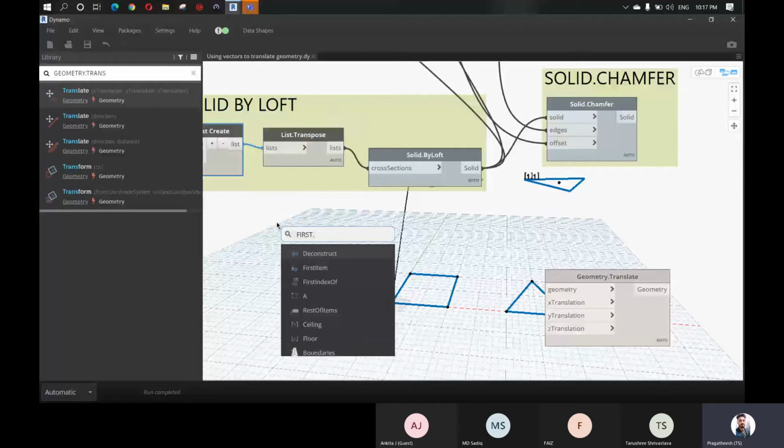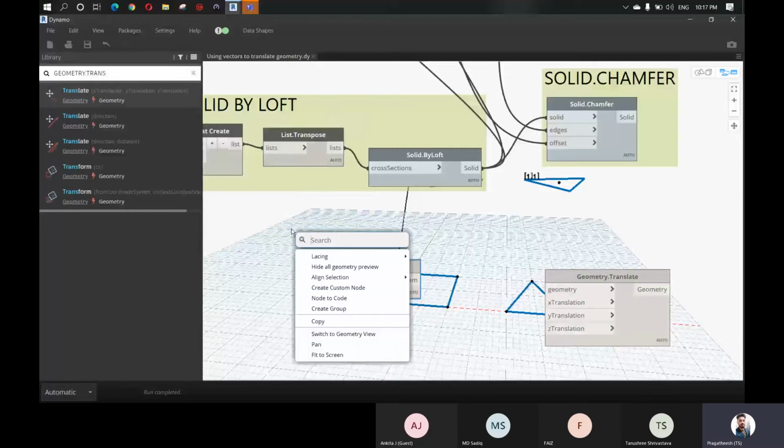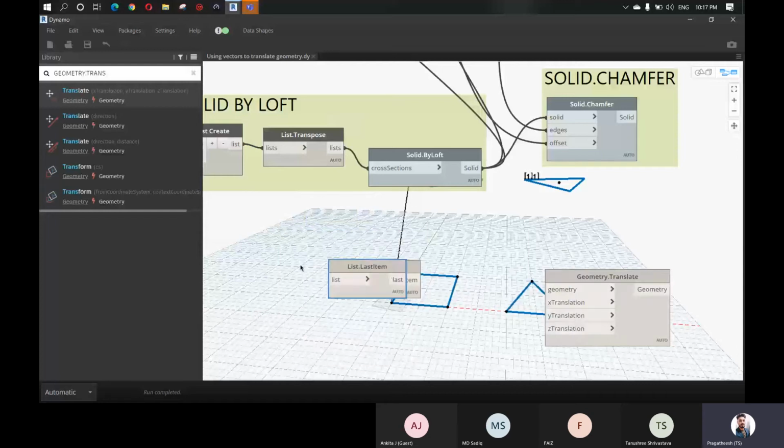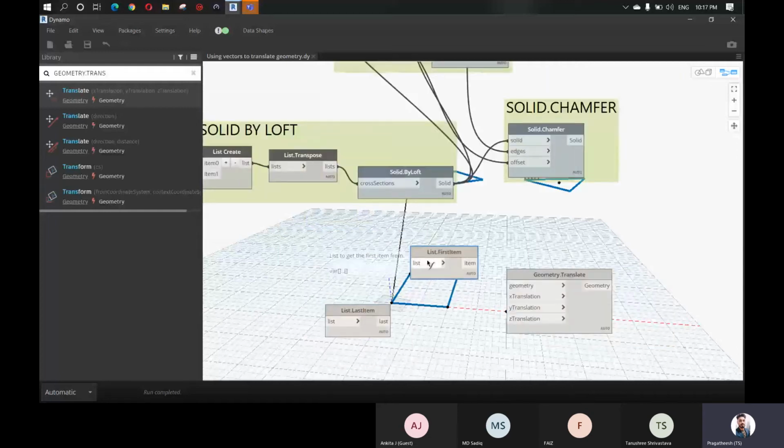Extract the first item and the last item: List.FirstItem, List.LastItem. So connect this to the solid and connect this to the solid.